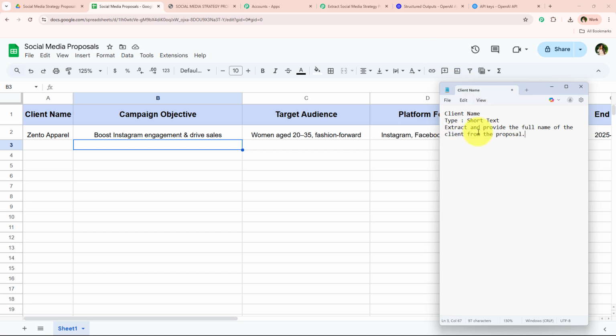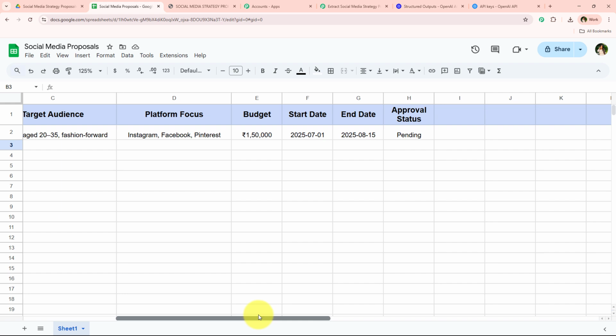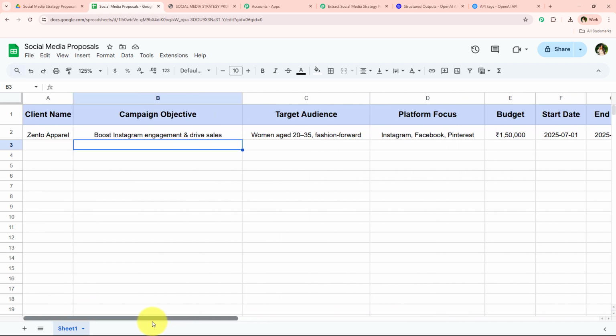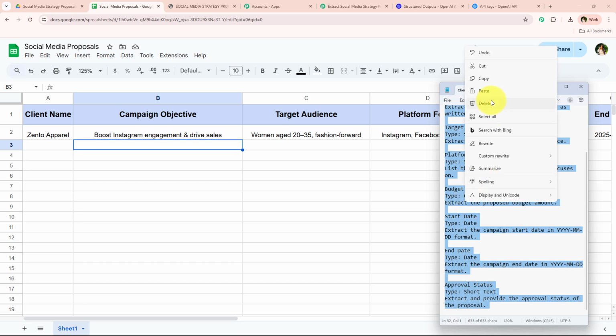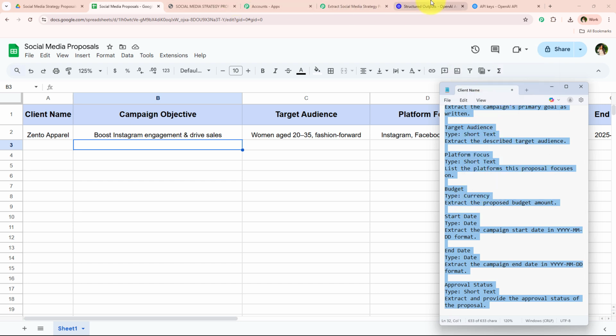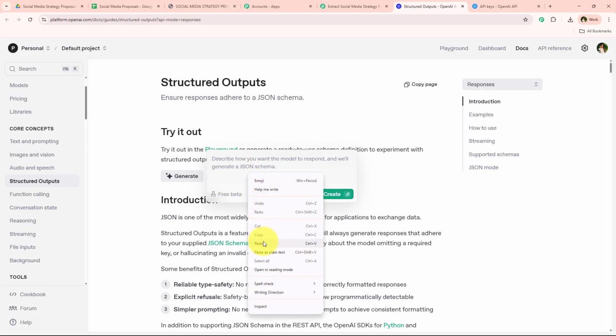So yes, now after doing this for client name, I'm just going to do it for all of these details, which is campaign objective, target audience, platform focus, budget, start date, end date, and approval status. So I'm just going to enter it, and as you can see that I've successfully entered it. So I'm simply going to copy it whole from here, and then I'm just going to paste this prompt. So I'm just going to copy it, and I'm just going to paste it right over here, and we're just going to generate this